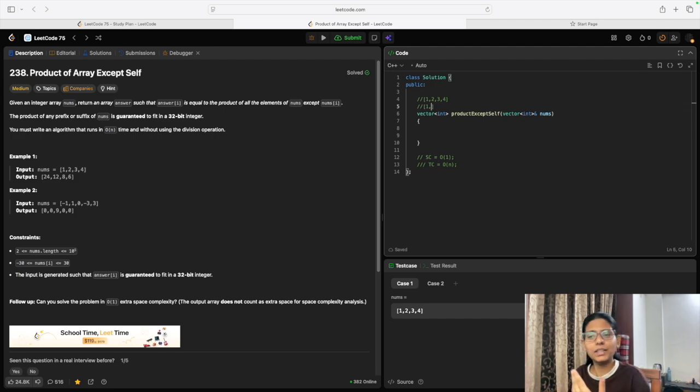So for the first index, it will be 1 into 1, and it will be 1 only. Then for the second index, nums at i minus 1 is 1 and answer at i minus 1 is 2, and 2 into 1 is 2. Then we'll go for the third index. For the third index, nums at i minus 1 is 3 and answer at i minus 1 is 2, so 3 into 2 is 6. So first our answer vector will work as